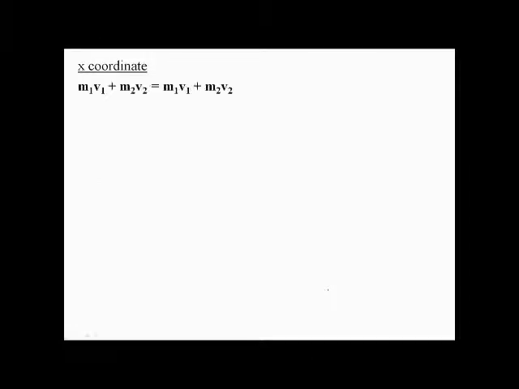First thing we want to look at is the x-coordinate. And remember, momentum's always conserved, so momentum in the x direction would have to be m1 v1 plus m2 v2 initially equals m1 v1 plus m2 v2 afterwards, initial and final. Write that in there. So when I start to write these in, it was 4 kilograms moving at 4 meters per second, and then afterwards,